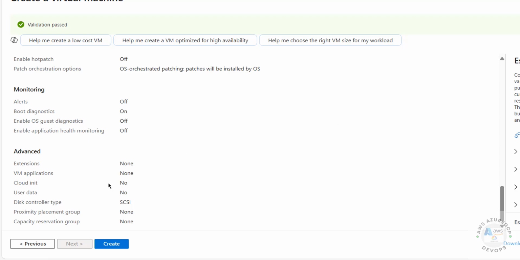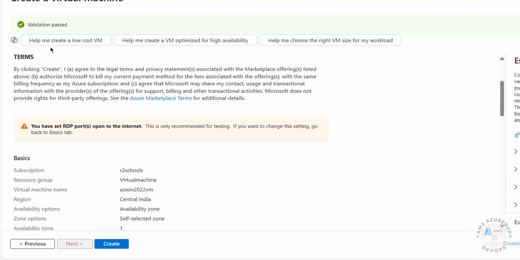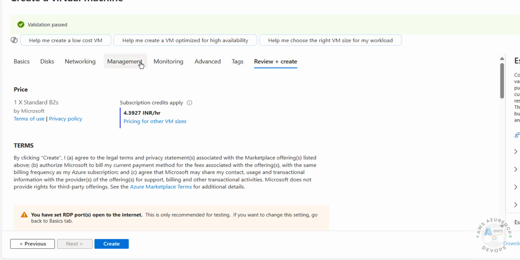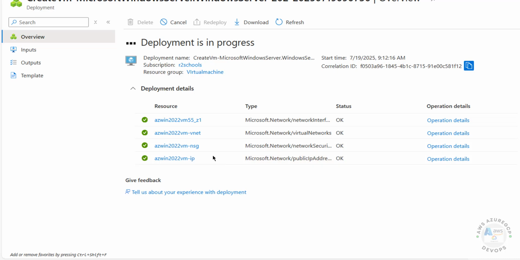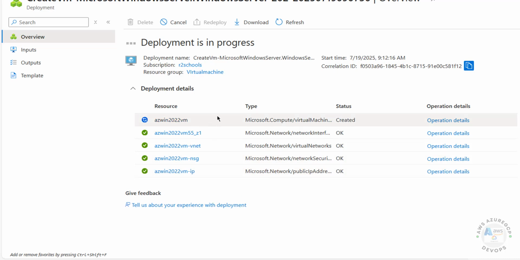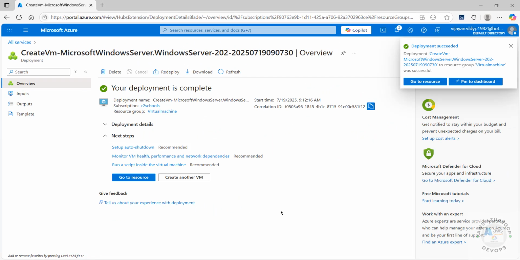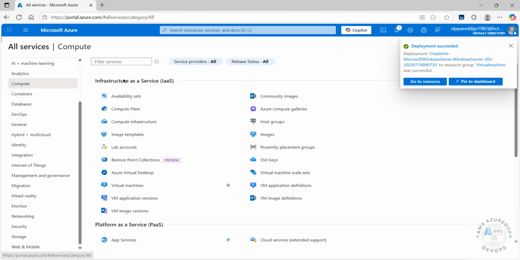If you want to change any one of them, you have to go to the top, where you have these headers. You can select these options. Okay, if you are okay with all the settings, then click on Create. See, initializing deployment. See, it has created these resources. Now it is creating the virtual machine. See, deployment is complete. Click on Go to resource,